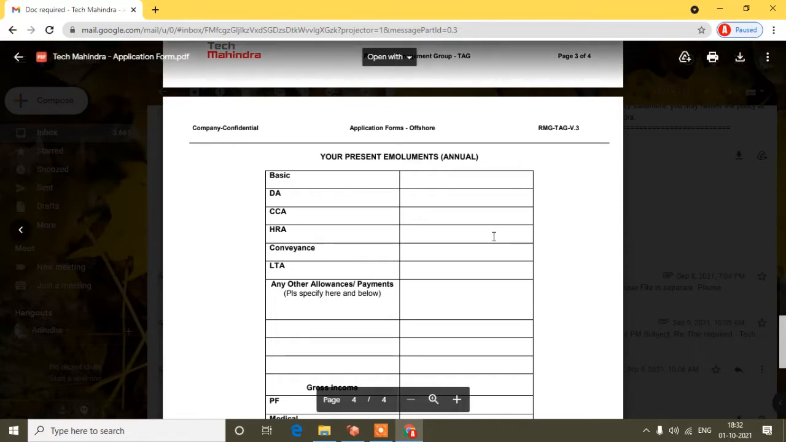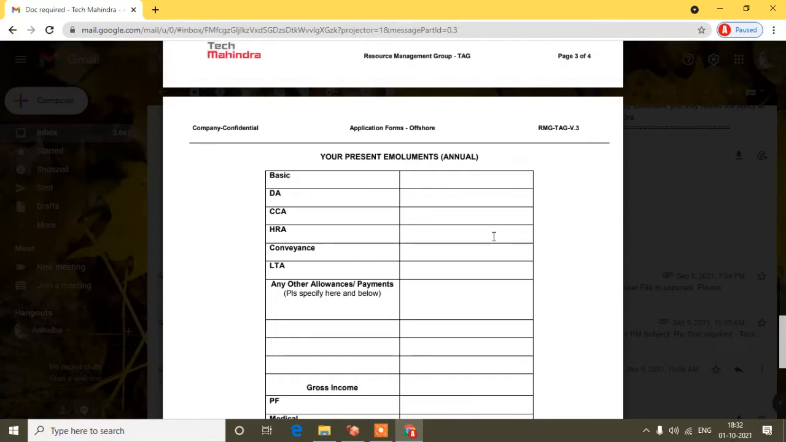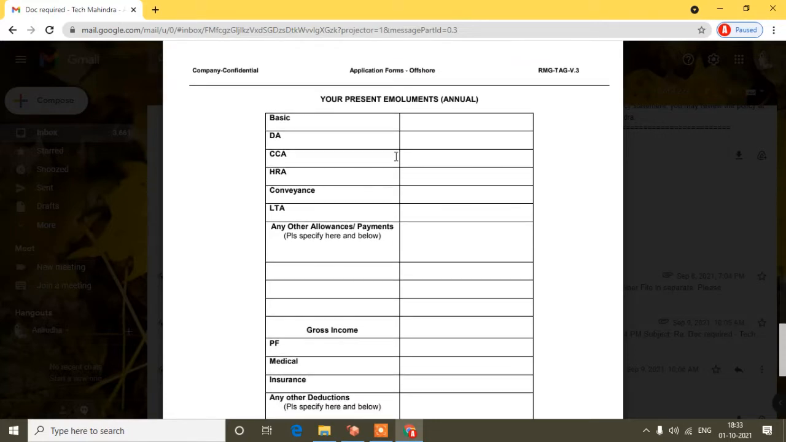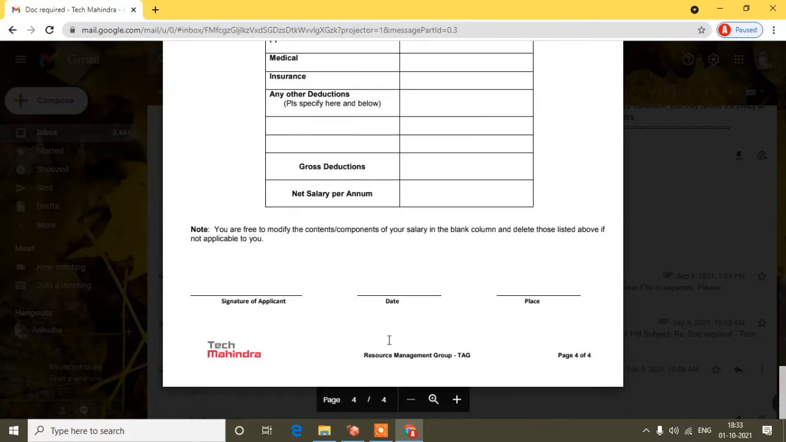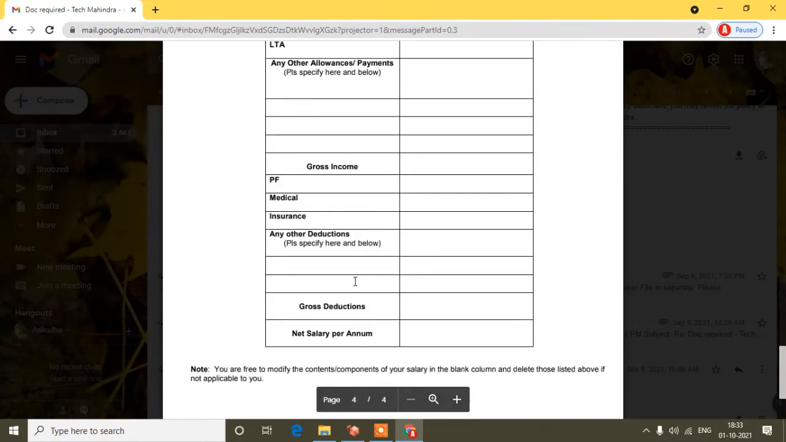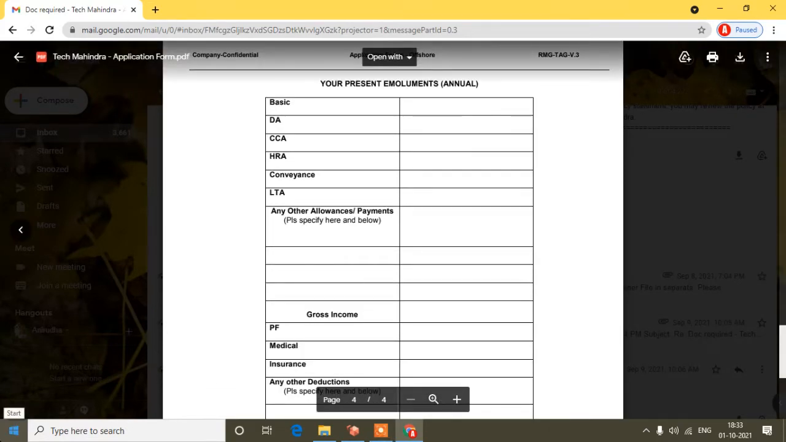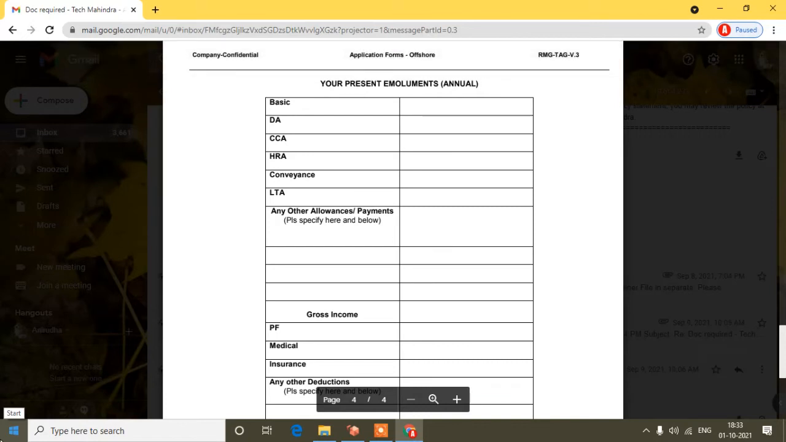You are working in a company, so you have to take out that company's pay slip, read it, and write it here. Otherwise, you can also get your current company's CTC structure in your offer letter. So that thing you have to write here. And again a signature. And suppose guys, your current company doesn't provide any pay slip, or your offer letter doesn't mention the